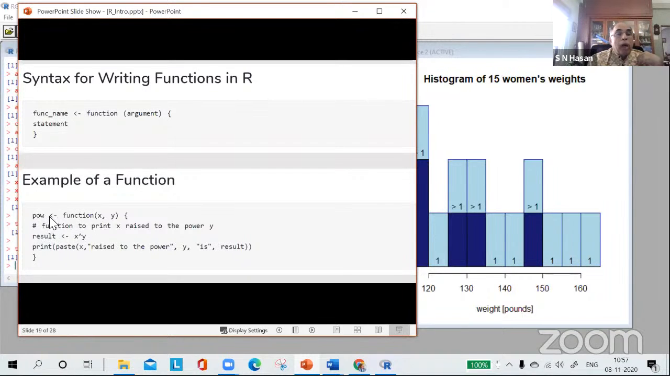We are defining a function called pow. And yeah, so this is any name I am giving. I'm assigning a function which has two arguments, x and y. And this hash is a comment line. Whenever you put a hash, it will comment the whole line. And we are saying result is x to the power of y. And it's a print paste: x raised to the power of y is result, right? So you can define, and whenever you run the function pow,